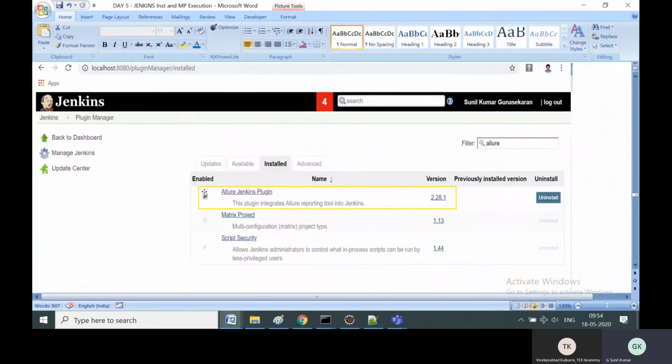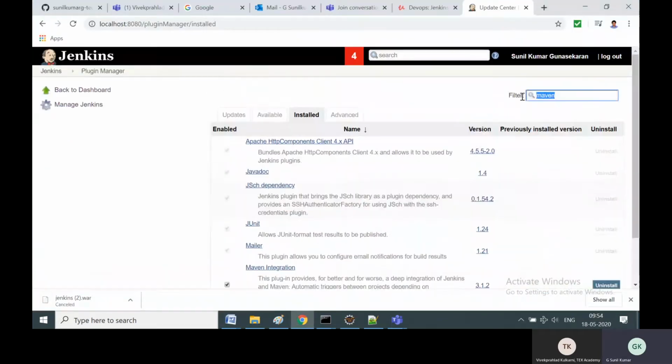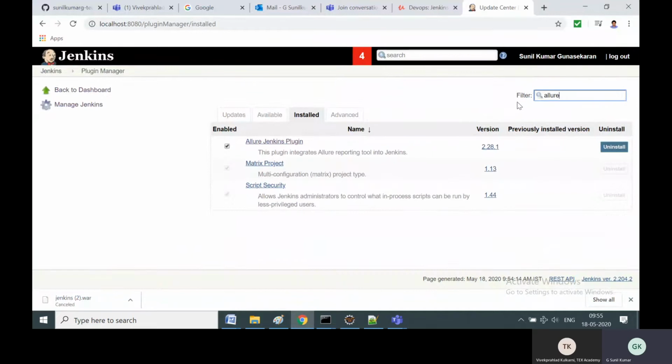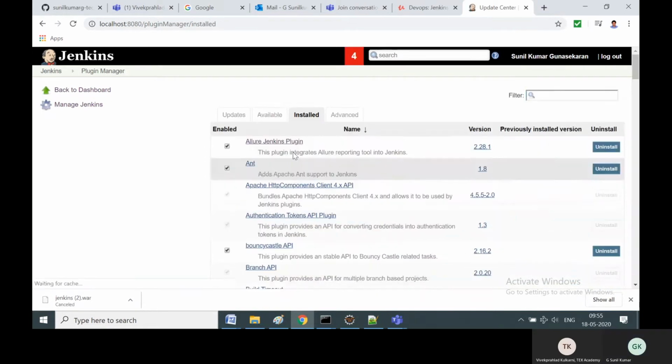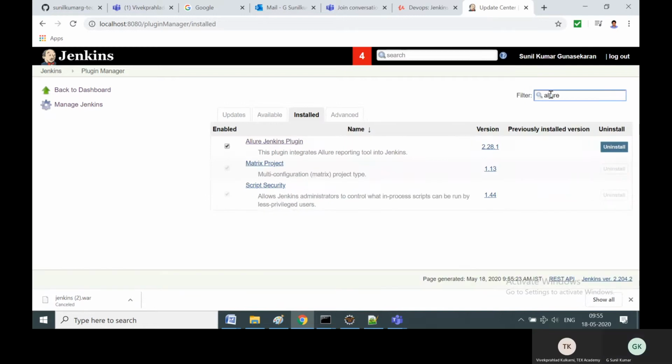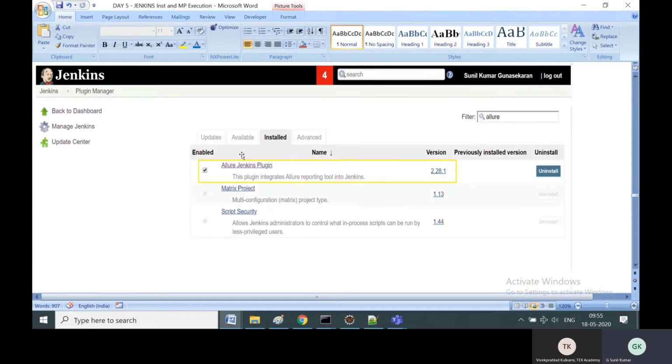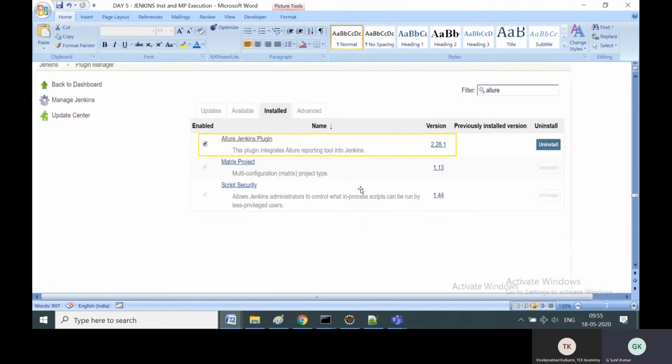And additionally, we are going to install the Allure Jenkins plugin. This is for reporting. So 4 plugins are compulsory, at least in our demonstration: GitHub, Maven, Allure, and Pipeline. Pipeline, I will cover in future topics in the session, but you can install the Pipeline plugin also. So for the Allure Jenkins plugin, just search in the available plugins. You can search for Allure Jenkins, Allure, and you will get that Allure Jenkins. You can say install, and it will be installed. 2.28.1, just a ditto of whatever I showed in the screenshot. Same thing you can install.